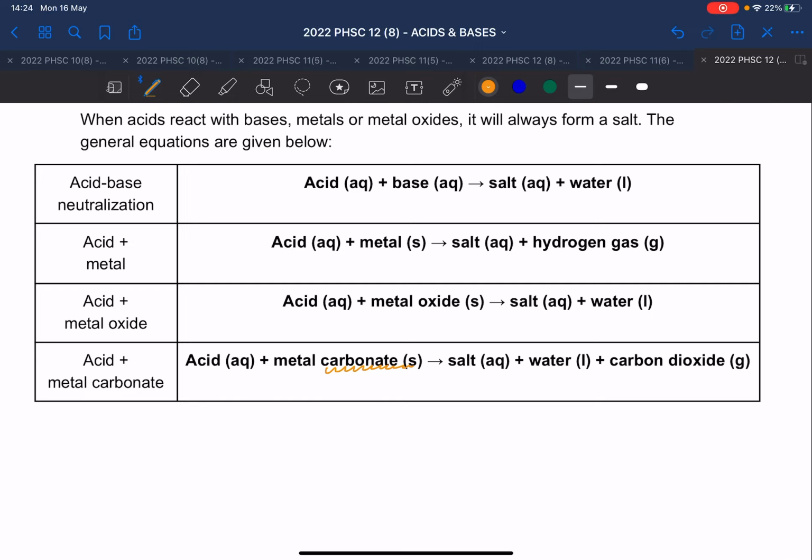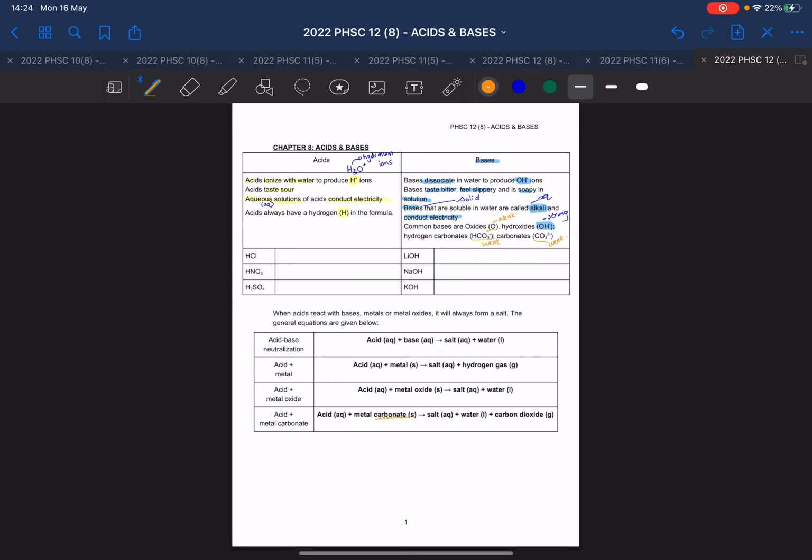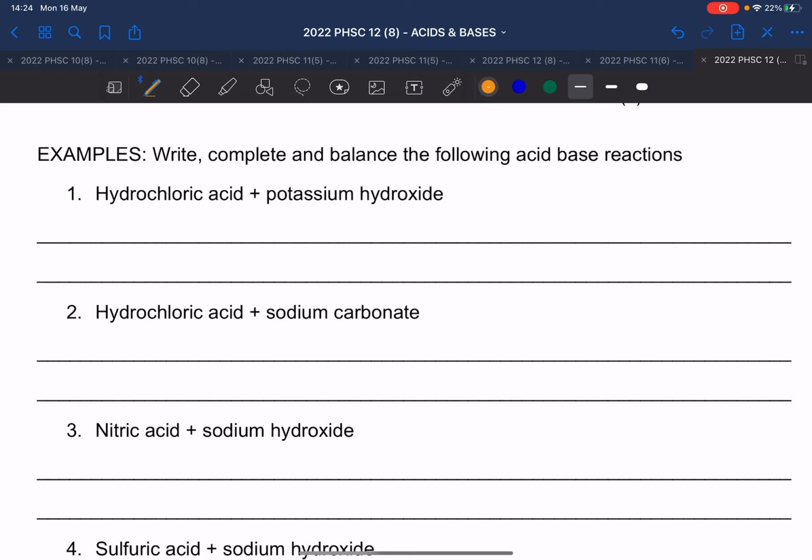Okay, right. So what I want you to do, please, on the next page, with the help of this, please write the formulas for this. For example, I'm going to do this one quickly. Hydrochloric acid plus potassium hydroxide is going to give you potassium chloride and water. So it gives you the salt and the water. Okay, so please do that. For the red